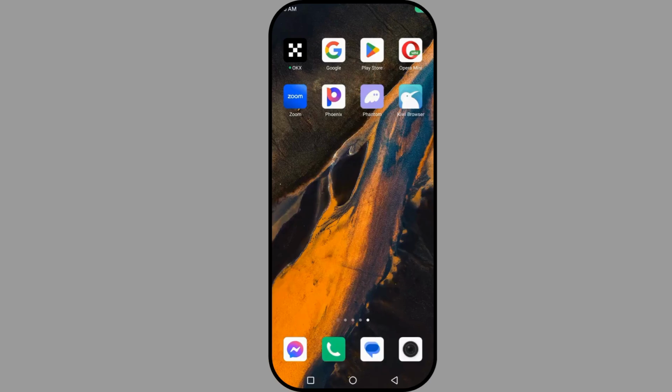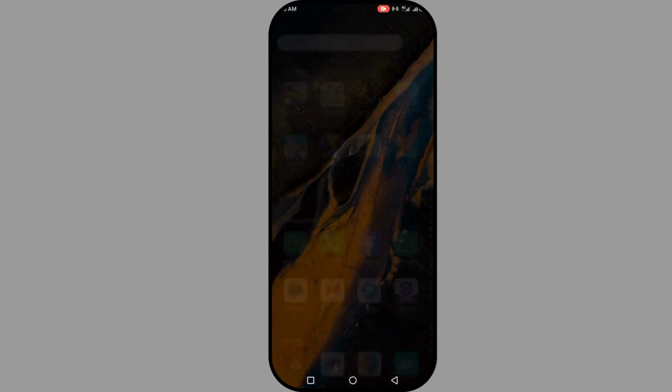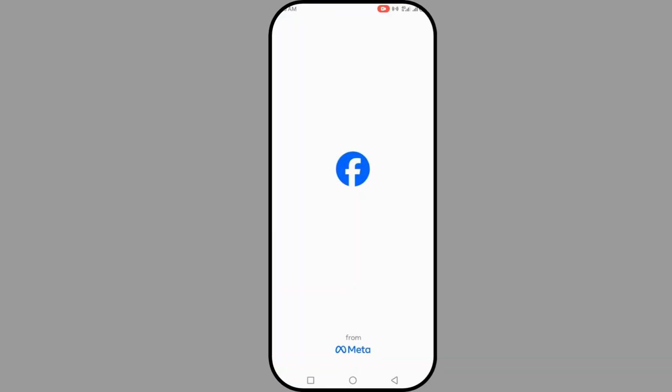So today I'm going to show you how to find your recycle bin on your Facebook. You deleted some comments, you deleted some posts. How do you find them in your Facebook recycle bin? So what you need to do is open the app first. Once you open your app,